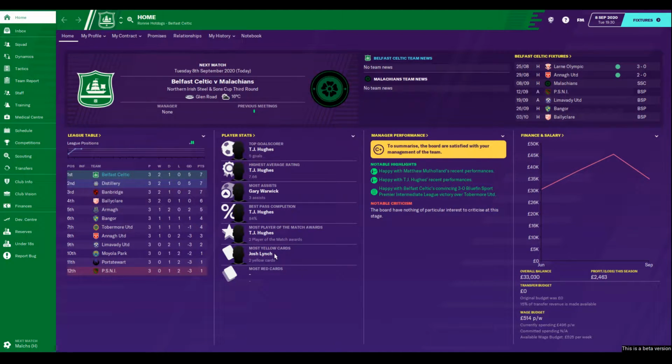It's one that I plan to use by extracting it, putting it into a spreadsheet elsewhere, so a little bit nerdier than normal. Before I show you that, and we will have a game this episode as well, we'll play the Malachines. You can see here, we're top of the table, so only 3 competitive games played. We've got a 2-0 win, a 3-0 win against Tobermoor, and that draw against Banbridge. Goal difference wise,